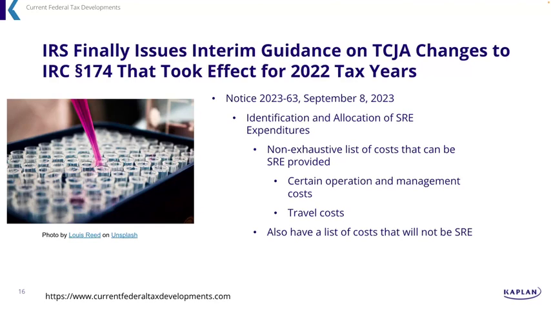Now, in addition to that, we have a list of costs that are not SRE. And that includes, among other things, costs paid or incurred by general administrative service departments that only indirectly support or benefit SRE activities. For example, payroll processing, preparing the salary check of those people, human resources personnel that hire these research personnel, and accounting personnel who account for these expenditures. Those will not be part of SRE. Interest on debt to finance SRE activities is not part of SRE. Costs paid or incurred for activities that are not treated as software development. We'll talk about that in that issue.